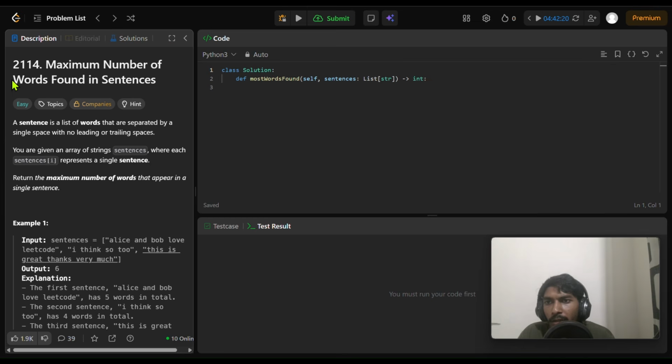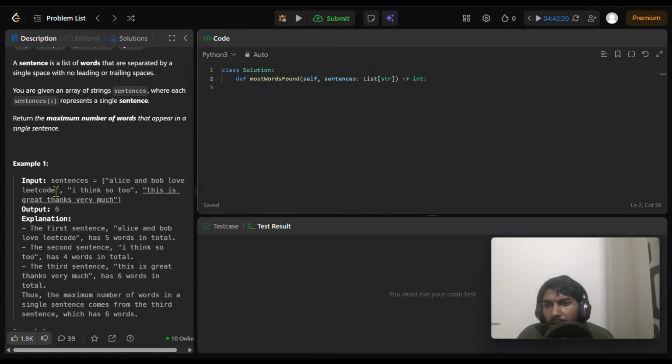So this is your next question. 2114, maximum number of words found in sentence. Just go and give it a try. So let me explain the question. Sentences, we are given sentences, a list of strings, list str, and we have to return an integer. So we have sentences, Alice and Bob love LeetCode, ये फर्स्ट वैल्यू है, आई थिंक सो टू सेकंड वैल्यू,